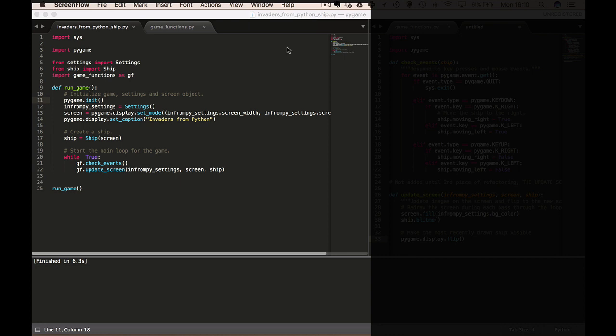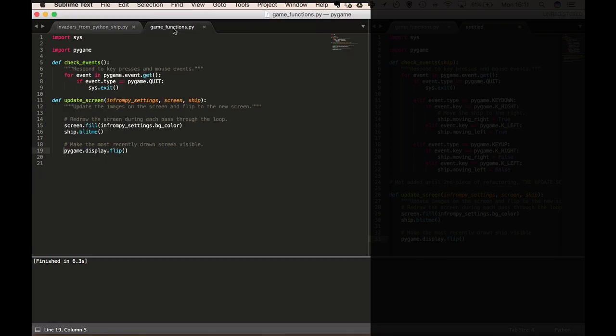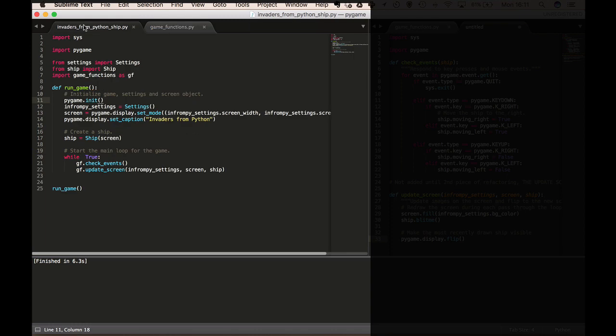In this lecture we're going to give our ship the ability to move left and right. As you can see here on my screen, I've got our last lecture open: Invaders from Python code and my game functions program still open. If you don't have those two programs open, go ahead and open them now. As I just said, in this lecture we're going to give our ship the ability to move left and